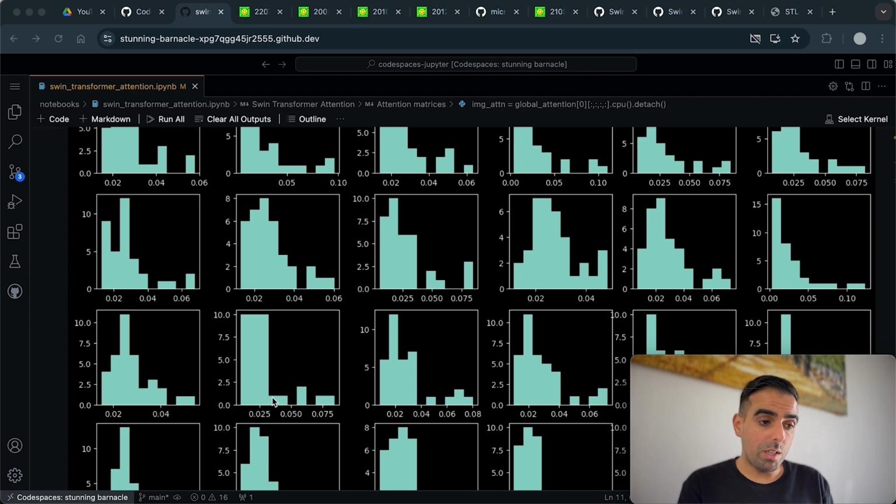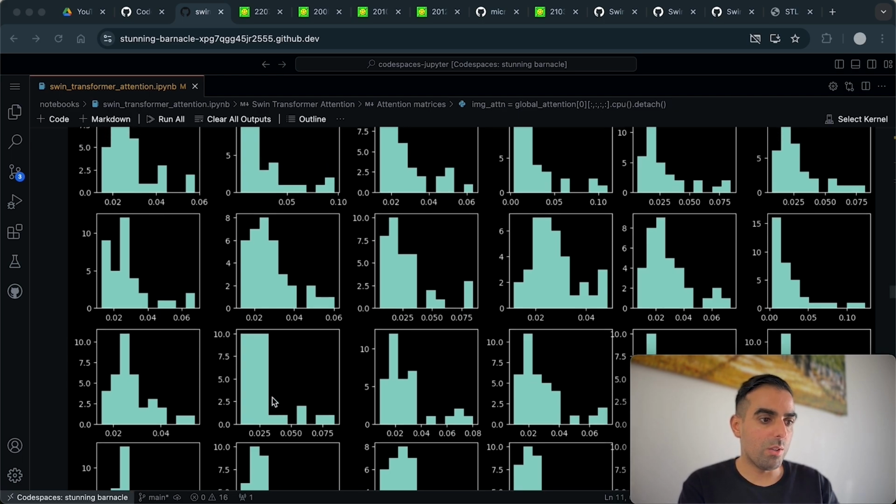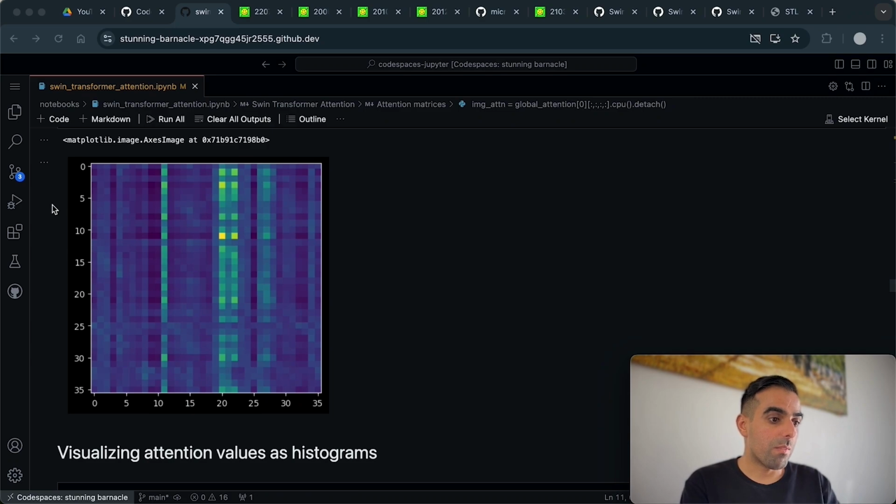Where they differ is in the maximum value. So I'm pulling the maximum value from each row in this matrix, and hopefully the maximum value